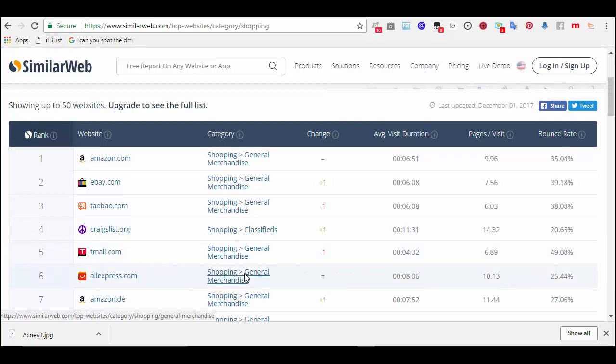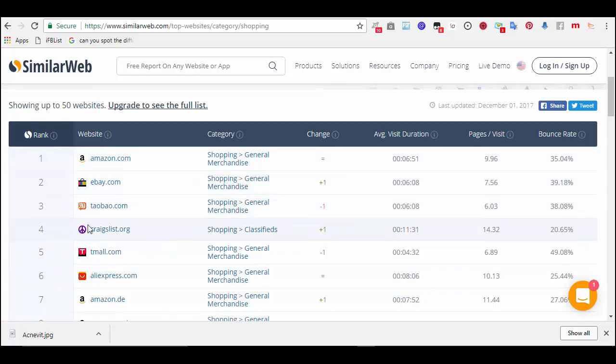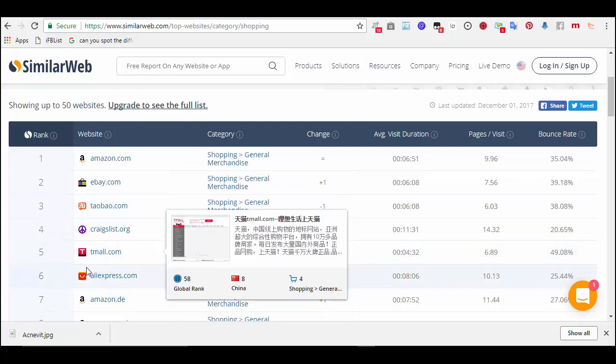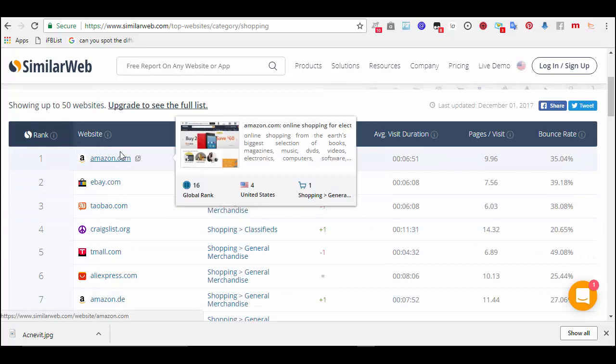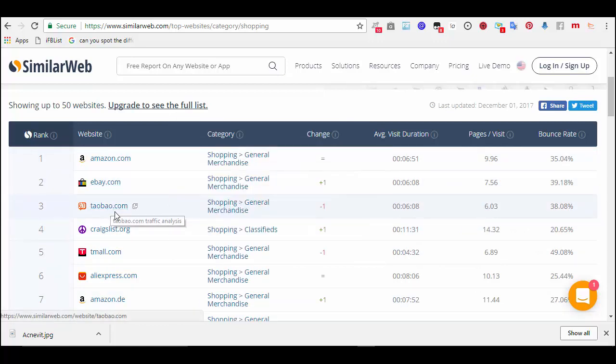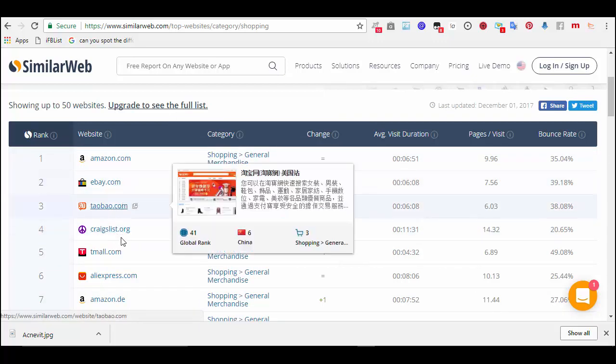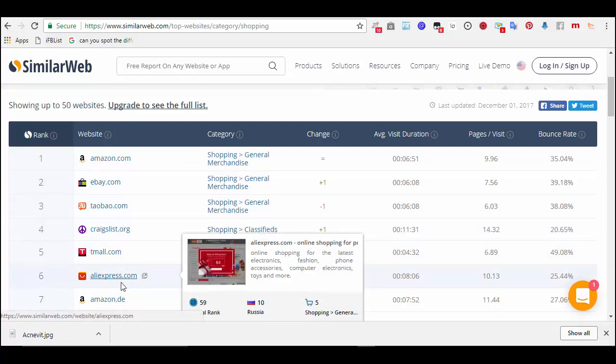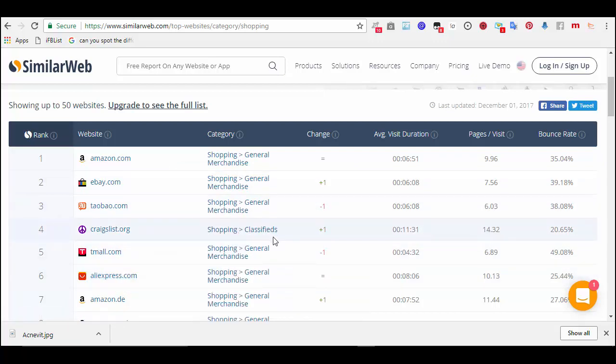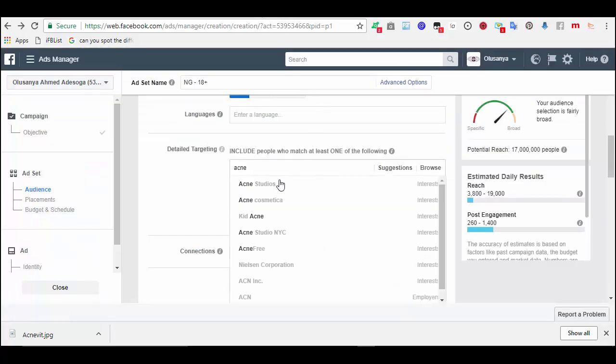When I made some research, those people in shopping, some of them have affinity to Amazon, Craigslist, Taobao, AliExpress, Tmall. Can you see? It means you are going to target one of these websites, maybe Amazon, Taobao, because people love this site and they want to be seeing some kind of advertisement on this site. So this one has given me some insight on what I will put in my interests.